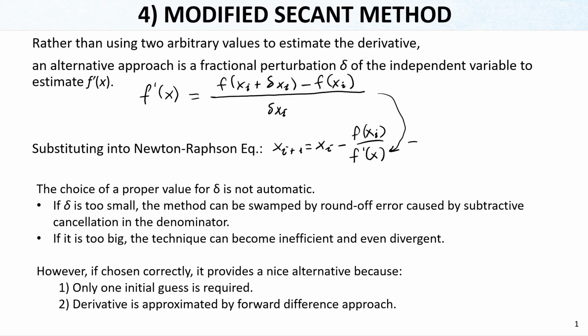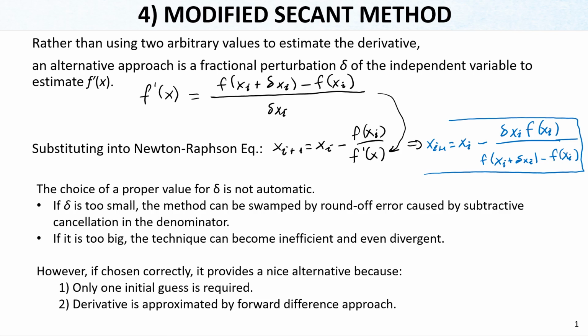Then our modified secant method, let me write it in blue: xi plus 1 is equivalent to xi minus delta xi times f of xi, divided by f of xi plus delta xi minus f of xi. So this is perfect. Now we have only one guess,